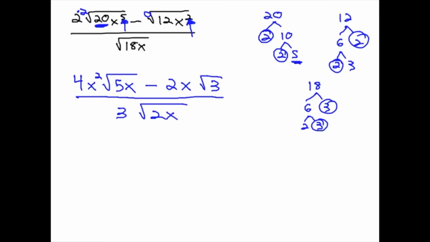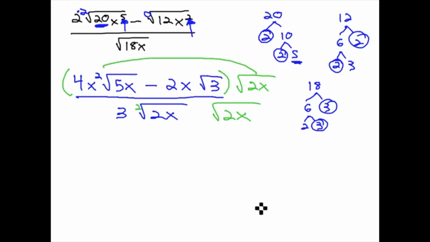Now that we've done the work of going through and simplifying each radical, we're ready to actually rationalize that denominator. We've got a factor of 2 and a factor of x under a square root. We need a total of 2 of each of those factors, so we need an additional 2 and an additional x. That'll give us 2 of each of those factors under a square root, so we'll be able to pull that out. Don't forget to put the numerator in parentheses